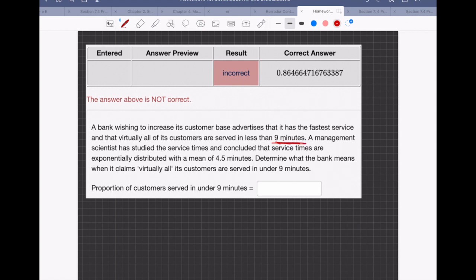A management scientist has studied the service times and concluded that service times are exponentially distributed with a mean of 4.5 minutes. Determine what the bank means when it claims virtually all its customers are served in under 9 minutes. And then we have to look for the proportion of customers served in under 9 minutes. So in this case,